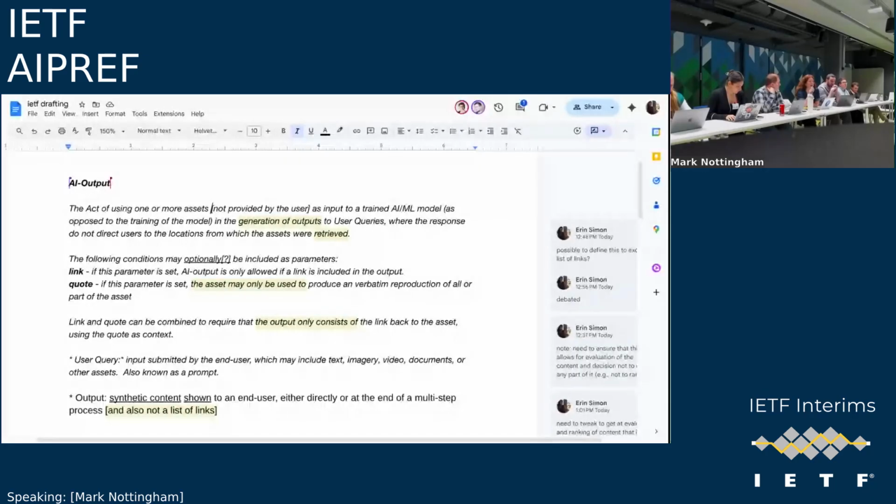We were debating whether what I'm going to call blue link results should be included in this category or not. The reason to not include it is, if you think most people will not want to control that or have other ways to control that, then including it makes the category overbroad and requires people to say yes to this category and then put parameters to limit it back down.